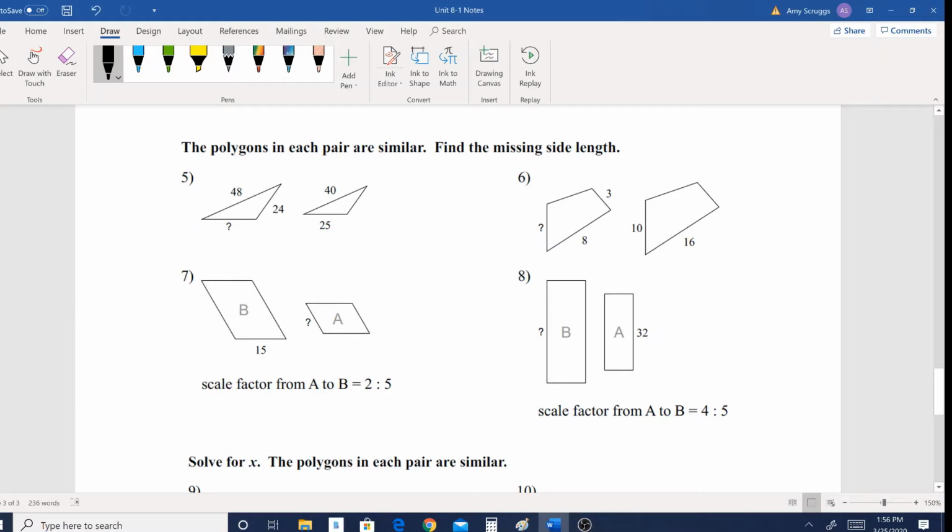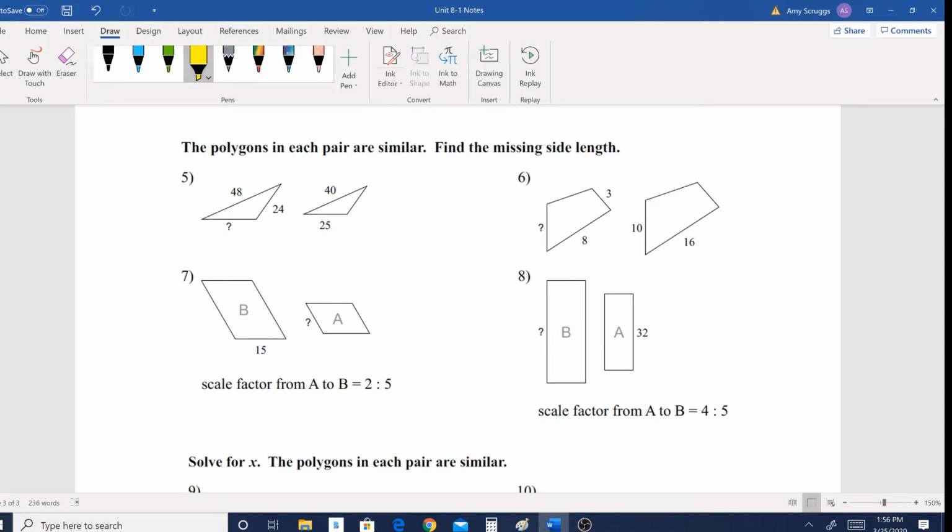This is the second half of the notes that I started just a second ago, so I wanted to finish this up. It says the polygons in each pair are similar. Find the missing side length. So it's telling us here in number 5 on the 8-1 notes that these are similar triangles, which means that they have the same scale factor, the same ratio. So we're just going to try to set up a proportion with corresponding sides that helps us find the missing